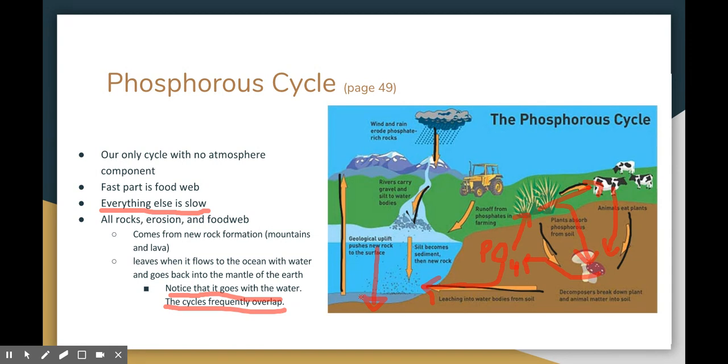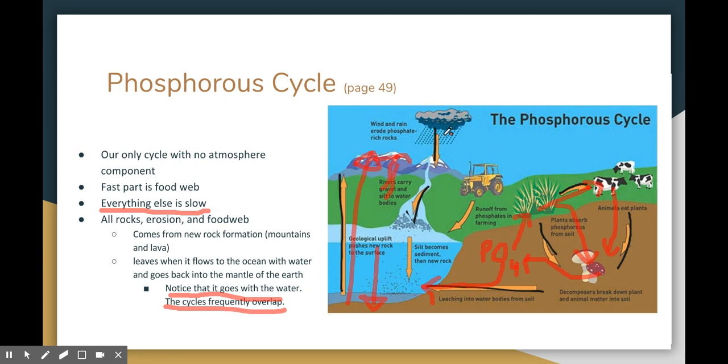Sounds like it's kind of done. And for a long time, it's going to be done because rocks are slow. But eventually, some of those rocks get pushed up into mountains, or they go back into the mantle of the earth and they turn into lava, and then they come out of volcanoes, and it's really, really slow. And so we get these new mountains, or these new lava flows, and